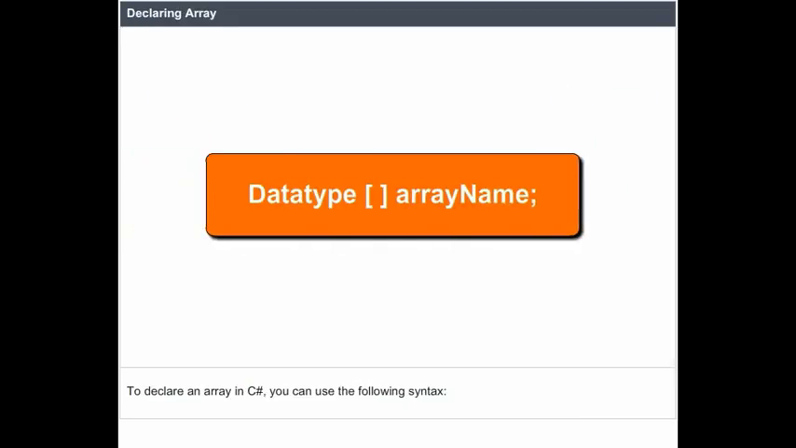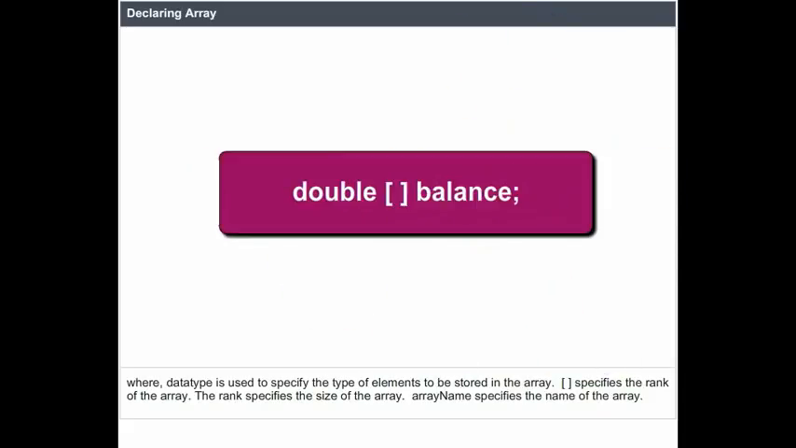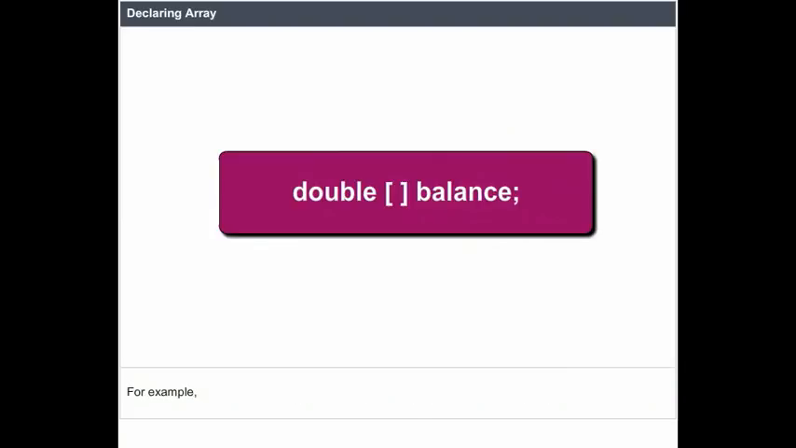Declaring array. To declare an array in C#, you can use the following syntax, where datatype is used to specify the type of elements to be stored in the array. Square bracket specifies the rank of the array. The rank specifies the size of the array. Array name specifies the name of the array. For example,